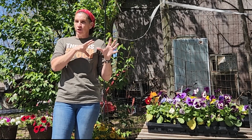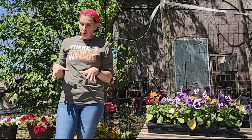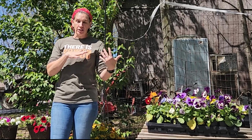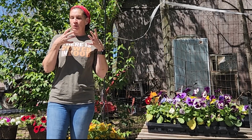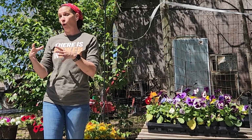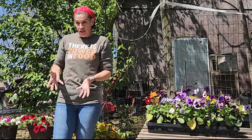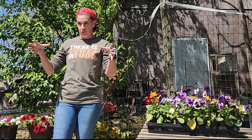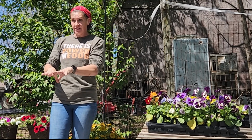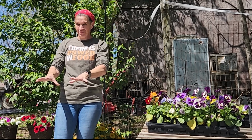Make sure that you water the plants really, really well before you transplant them, and make sure that the soil that you're planting into is watered very, very well. This is going to reduce the transplant shock. So if the plant has been watered and then the soil is also watered, I oftentimes will actually fill that transplant hole with water. That way I know it has enough water in an immediate area around the root ball to be able to feed off of once it sort of dries out in its own root ball. So then set it down in there, backfill it with your soil, cover it with your mulch, and then leave